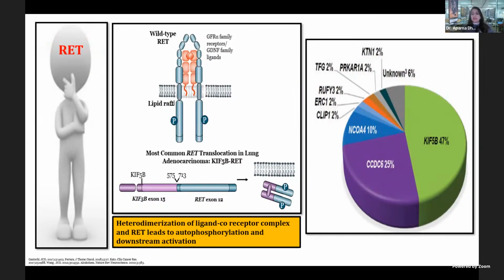And RET genes are essentially what's happening here. It's a rearrangement which gives rise to these chimeric cytosolic proteins, which constitutively activates the RET kinase domain. KIF5B is the most common fusion partner that we see in our NSCLC cases. Again, fusion, RNA, NGS. Therapy option is selpercatinib from the Libretto 001 trials and pralsetinib or Blue 667 from the